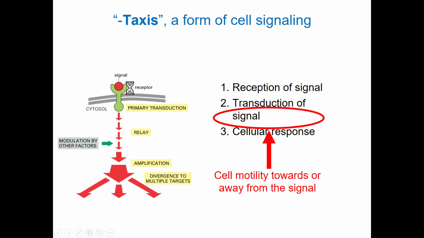That signal is perceived by a receptor protein present in the membrane. Then this signal passes through the interior of the cell. It is called signal transduction. There are many second messengers that carry the signal into the nucleus, and then a particular gene is expressed and protein is synthesized and several other phenomena take place, which is called the signal transduction pathway. So: reception of signal, transduction of signal, and cellular response. Cellular response here is cell motility.